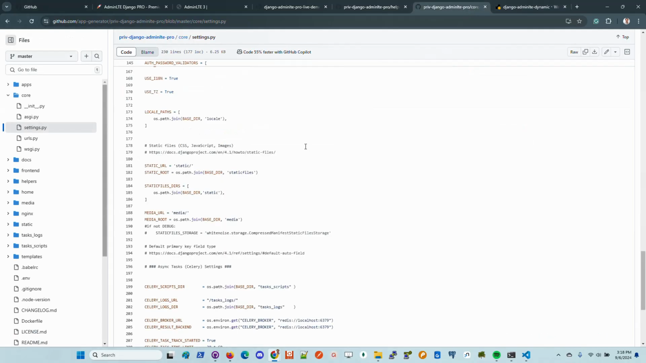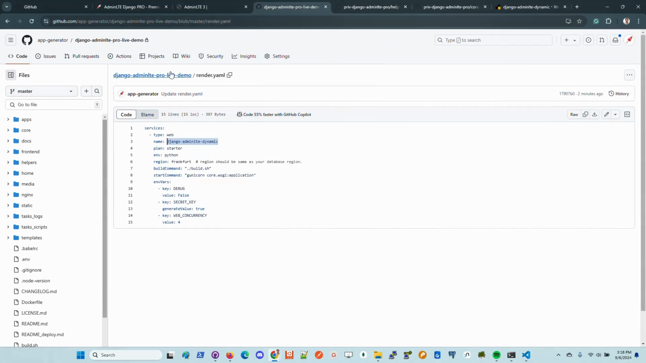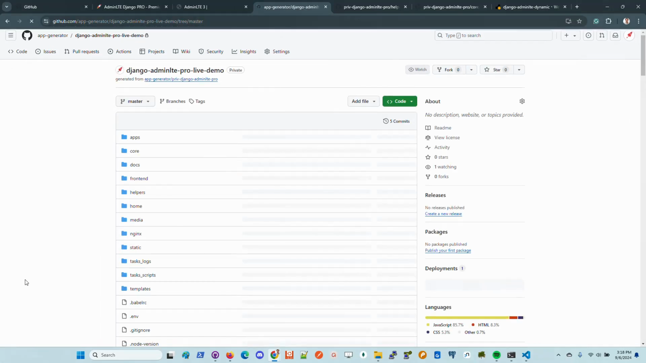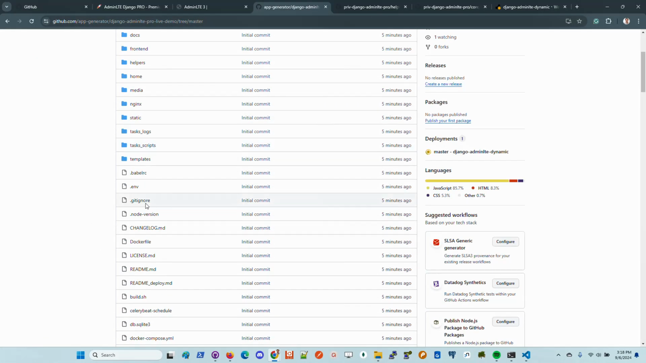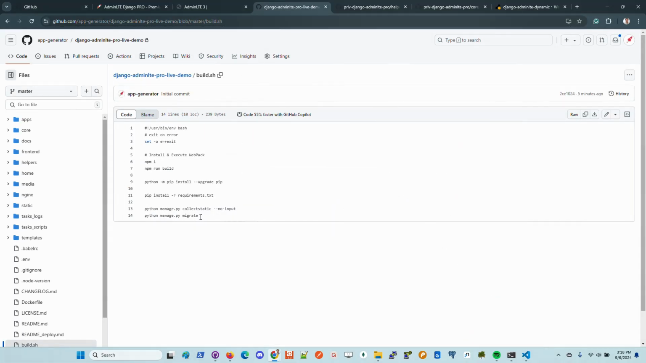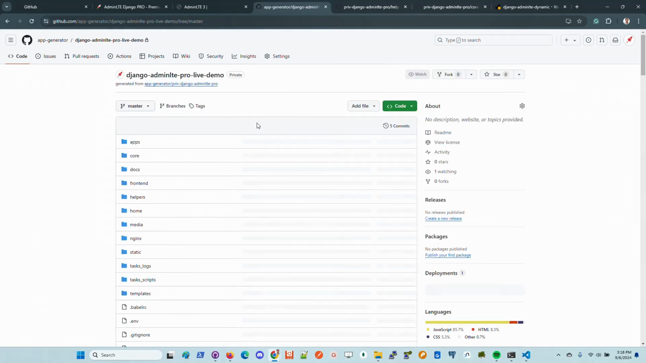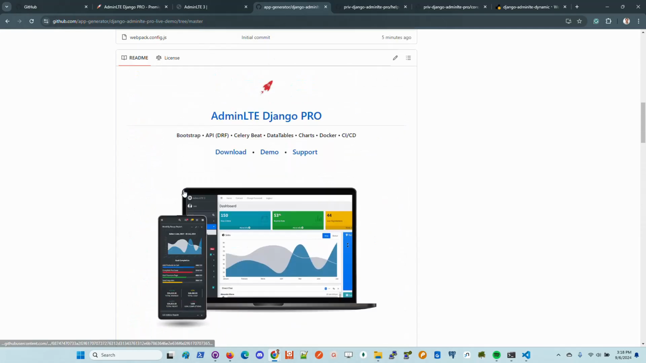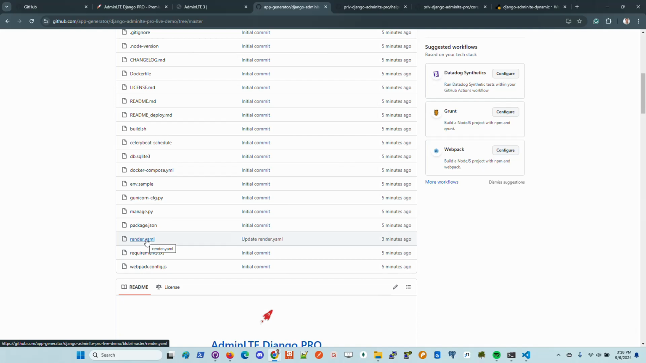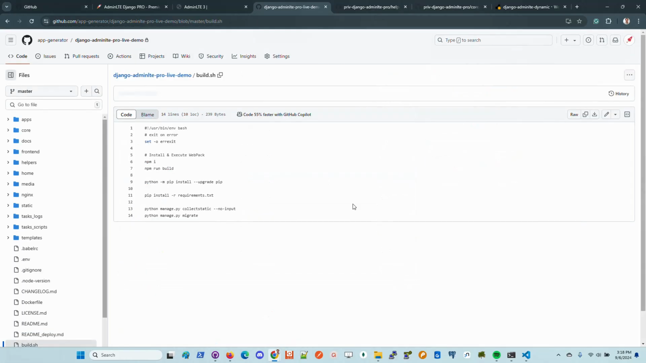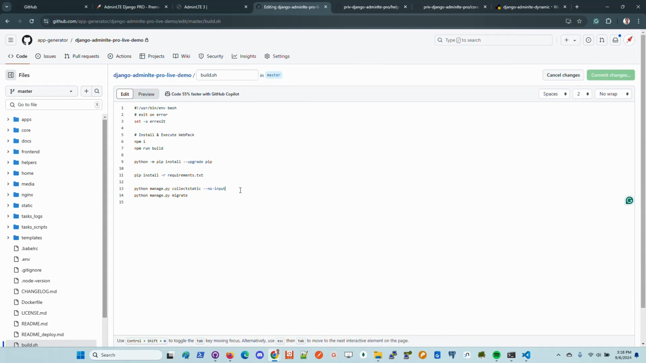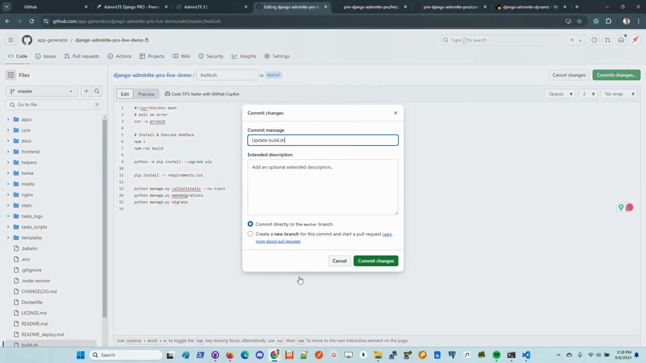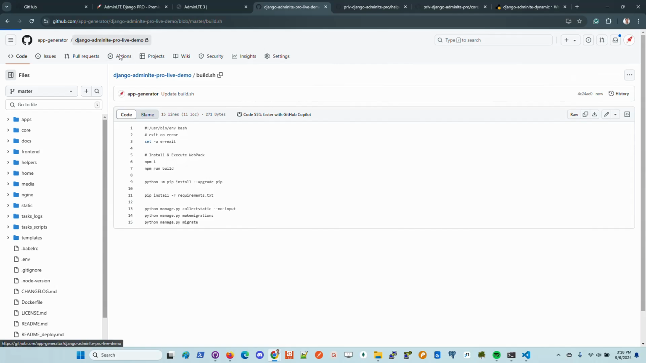Let me check something, because we have here build.sh. I think the main migration is not... yeah, we need to add this. I will add this also in the product. So here in build, we need also to migrate the database. Let me add this also in